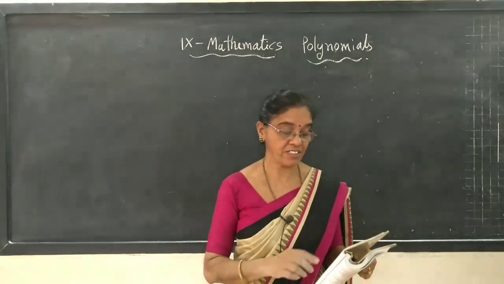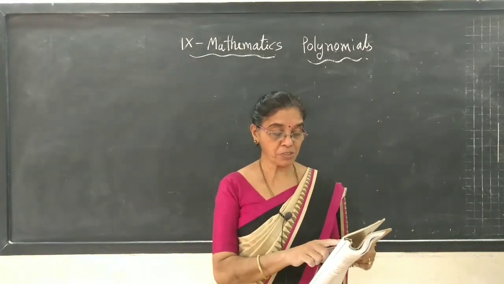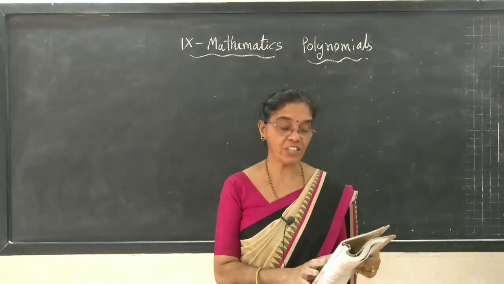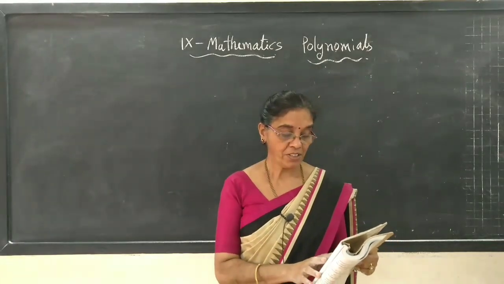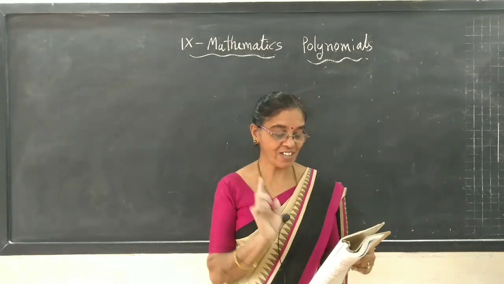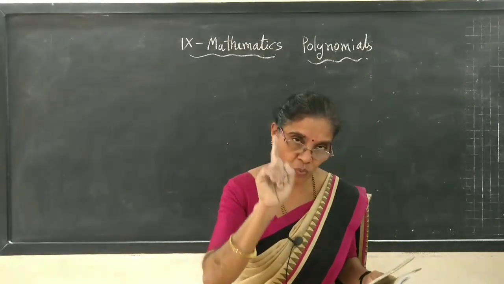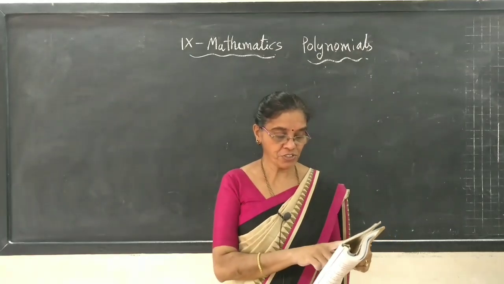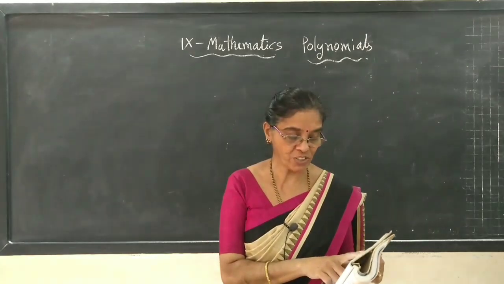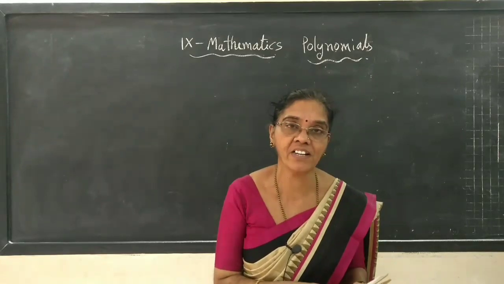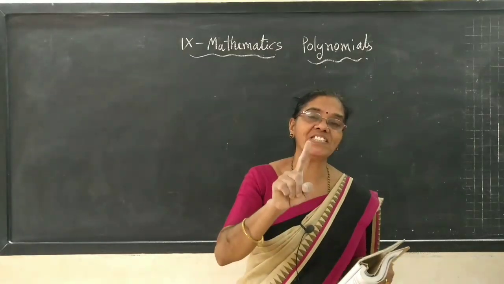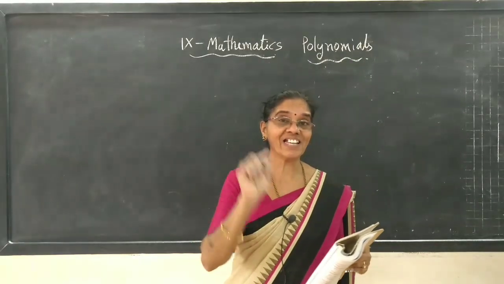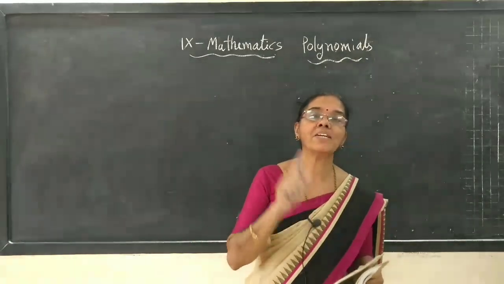In the first class we did: which of the following expressions are polynomials in one variable and which are not, you have to give the reason. Okay. Now your work is to see the polynomials having only one variable, and it should be a polynomial. First one, how many variables are there? 4x square minus 3x plus 7. There is only one variable. Which is the variable? x. Yes, only one variable.